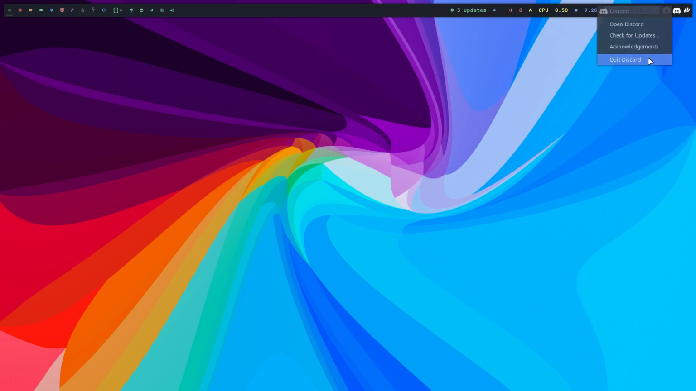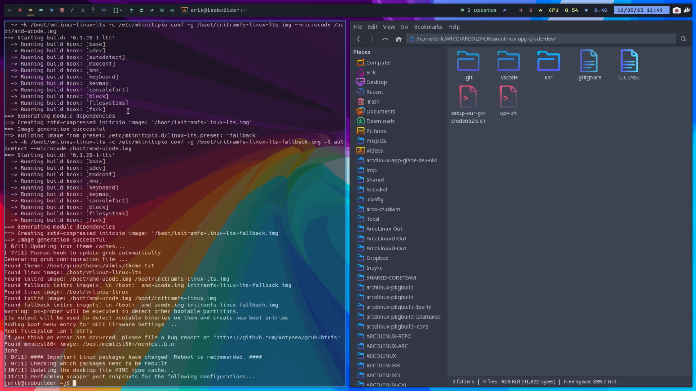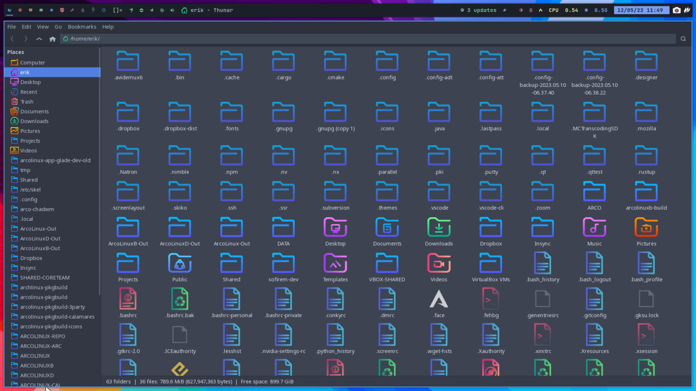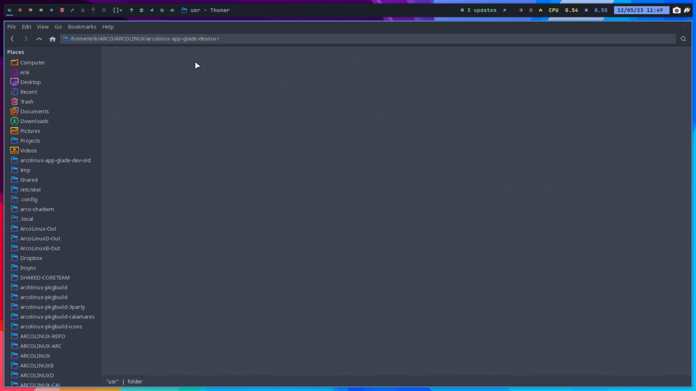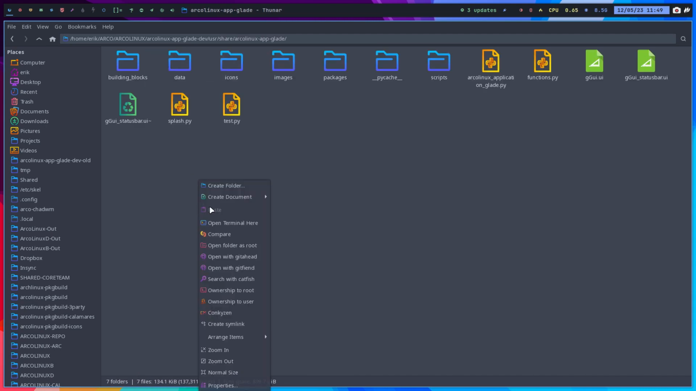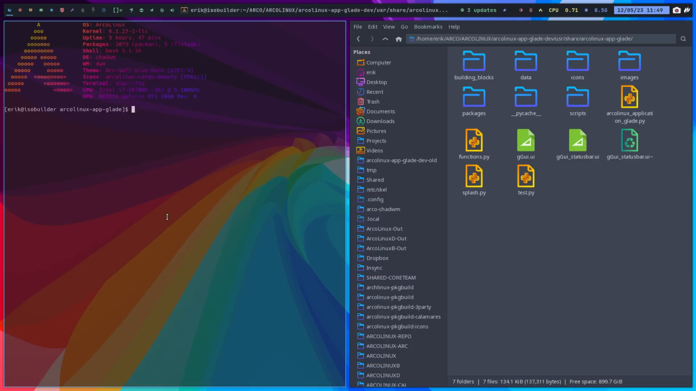Have to shut down Discord, I see it's still open. And we left you in here. Now we better go to the actual folder, ArcoLinux, and then the glade, dev, fine, user, share, ArcoLinux glade. And we have now our two glades, right? Two files, one without the status bar and the other with the status bar. There is still an issue, and that is with the